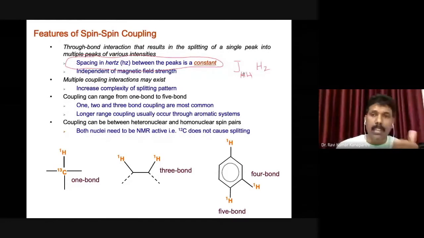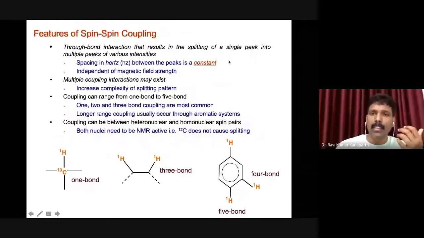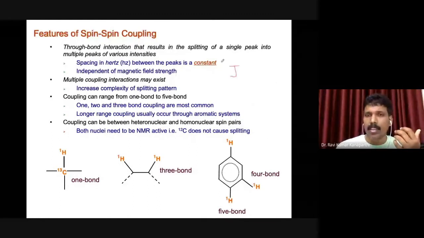Now there is another number we come across in the NMR data, represented in most scientific research papers. That is the number of bonds. The number of bonds which separate the nuclei is generally represented here. So it is 3JHH. What do I mean by this? This is a 3-bond coupling constant. That means these two protons are separated by 3 bonds, 1 to 3, right? And that number is represented by some value, let's say 10 hertz.